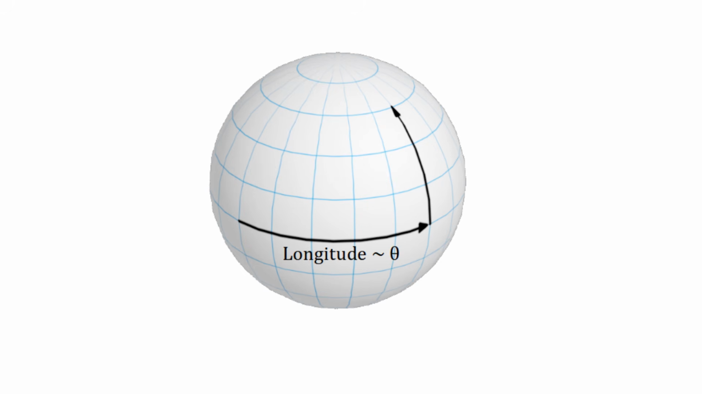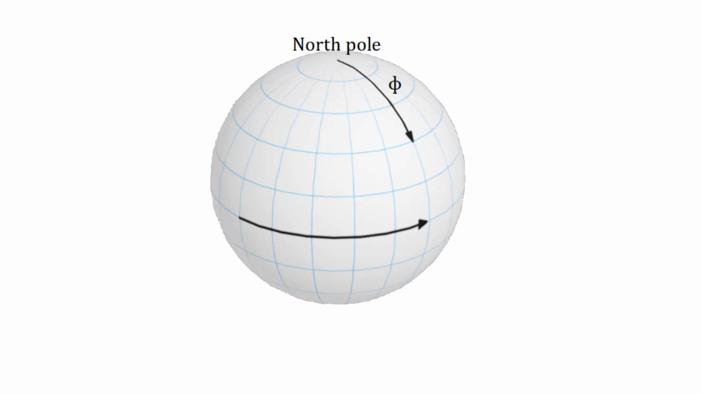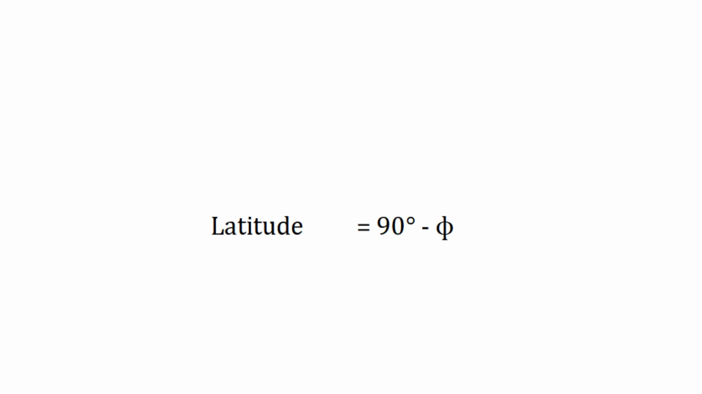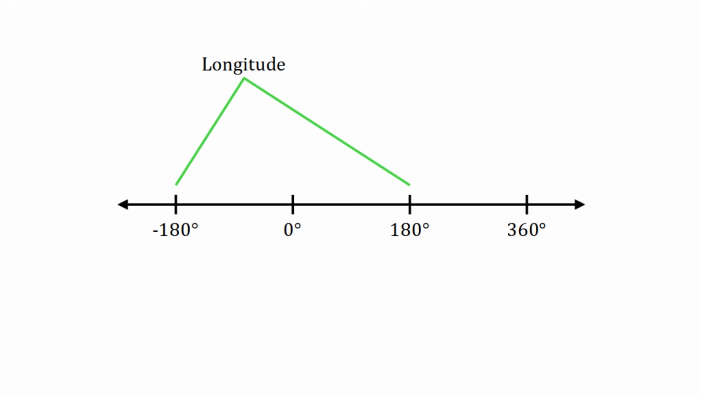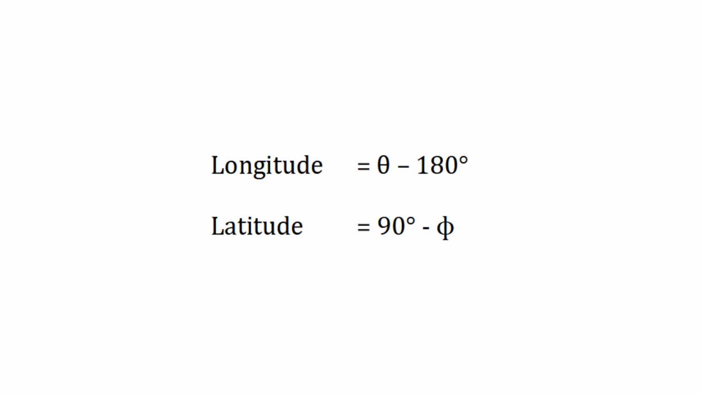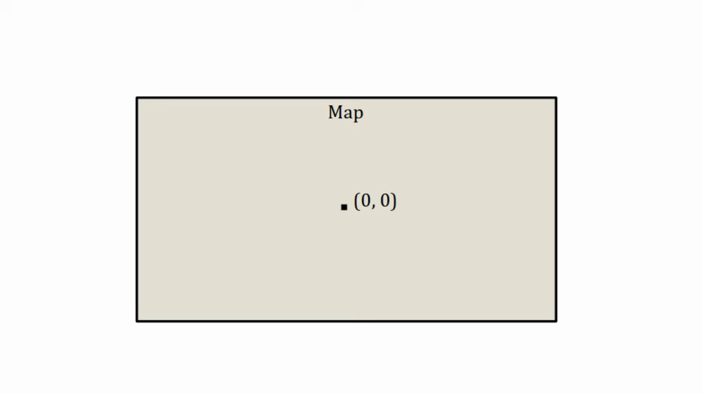The angle theta corresponds to longitude, or how far east to west you are, while phi corresponds to latitude, or how far north to south you are. They're not exactly equal though. Latitude measures angle from the equator, but phi measures angle from the top, so latitude equals 90 degrees minus phi. Also, longitude ranges from negative 180 to plus 180, but theta ranges from 0 to 360, so longitude equals theta minus 180 degrees. These distinctions determine whether 0, 0 is in the center of the map or the top left